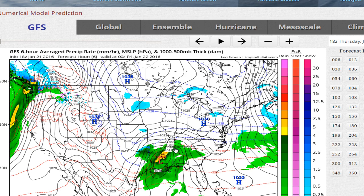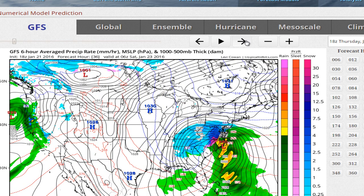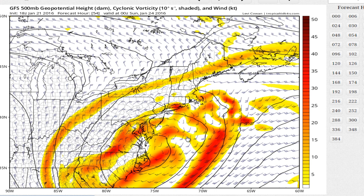This is our storm system, like I said, rapidly intensifying. This is going to develop, and by the time we get to early Saturday morning, you can see it's already starting to spin off the coast. And then right after about 1 o'clock Saturday morning, see how the low pressure center is tucked right off the Virginia Capes? This is where the chaos starts, because what's going on, guys, is models are trying to figure out